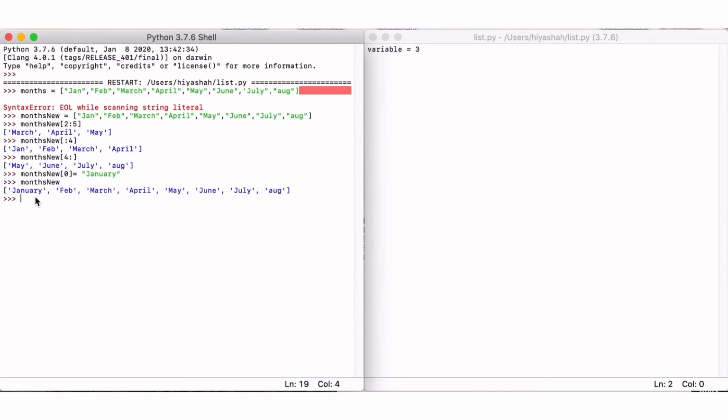Alright, so now you can also loop through a list. We will go into loops in more detail in the next lesson, but for now,